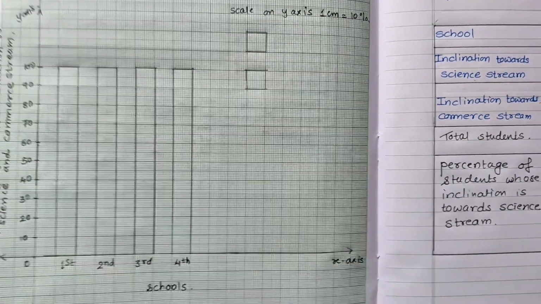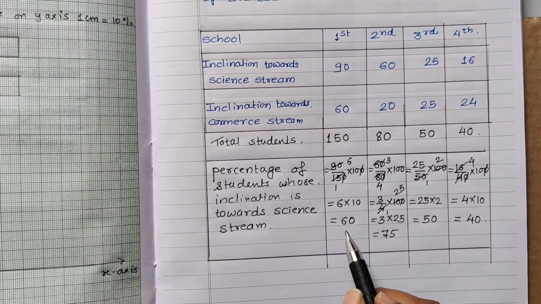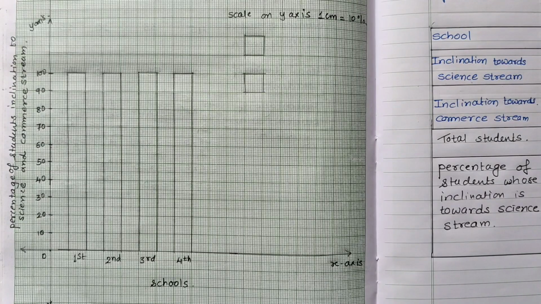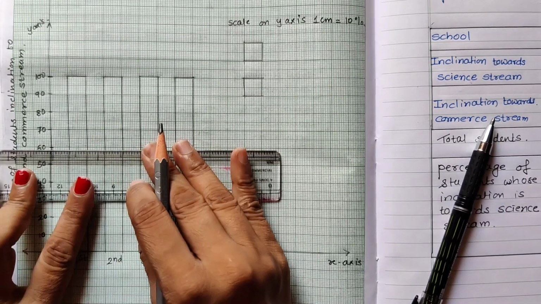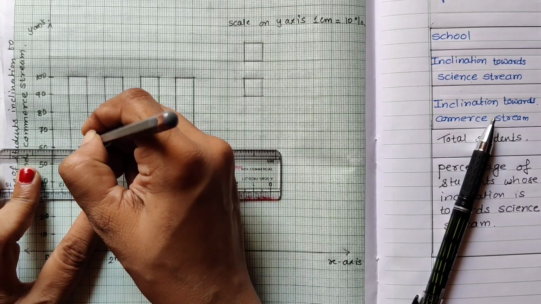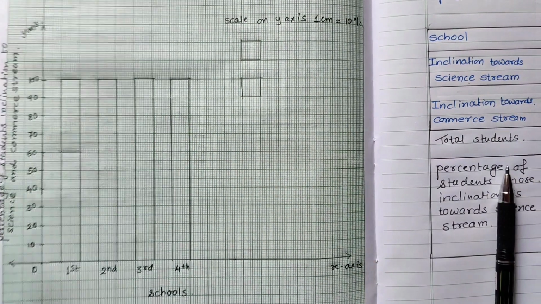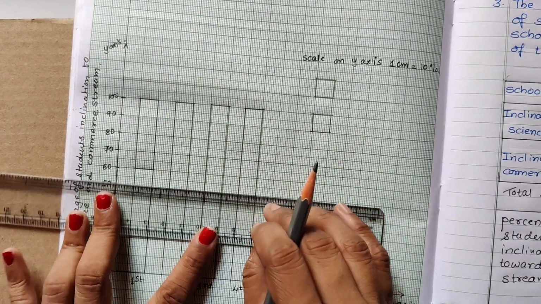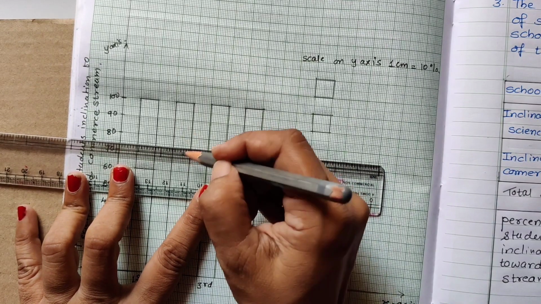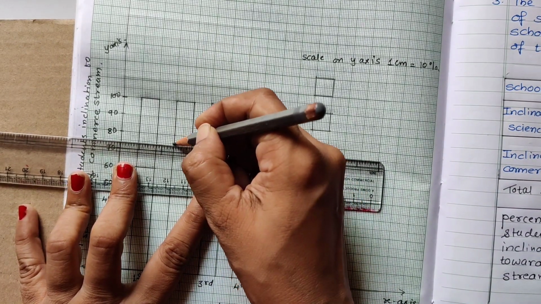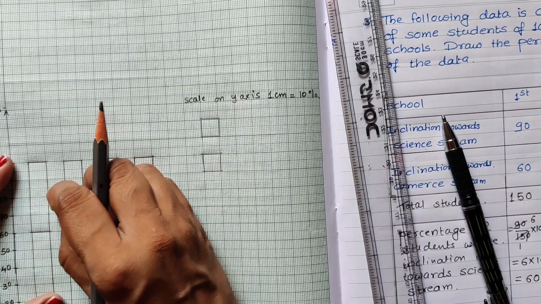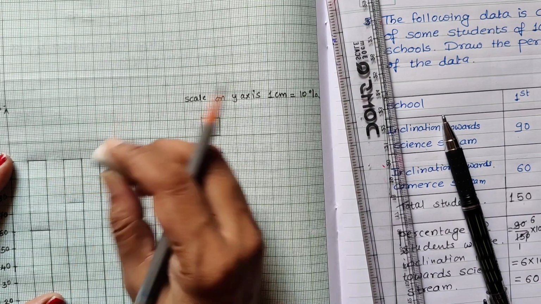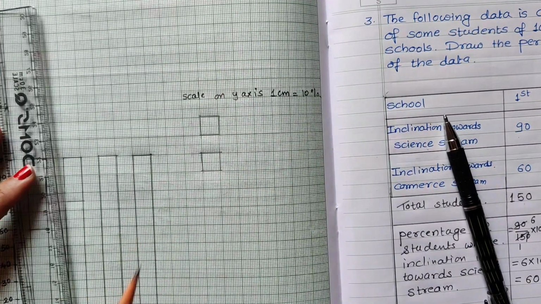So how to divide? As per the percentage we have got, for the first school it is 60, so we will divide it at 60. As we all can see, 60 is here, so we will divide the first bar at 60. Then the second bar we can divide at 75. So this is the 75, where it is between 70 and 80, 75 will be there. So in this way divide it at 75. Okay, see that the line should not go out of the bar. If it is going out, rub the extra portion and then draw it properly.